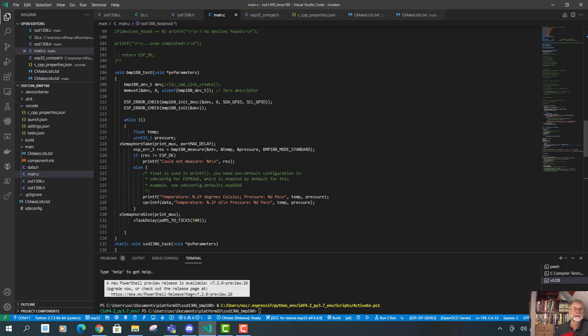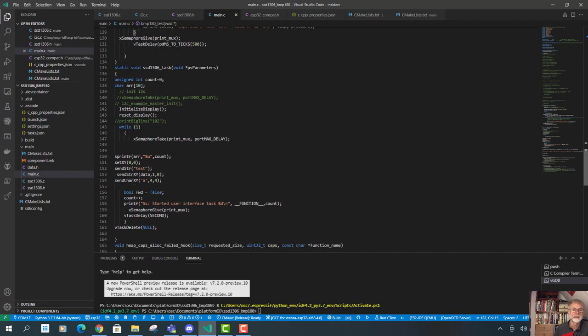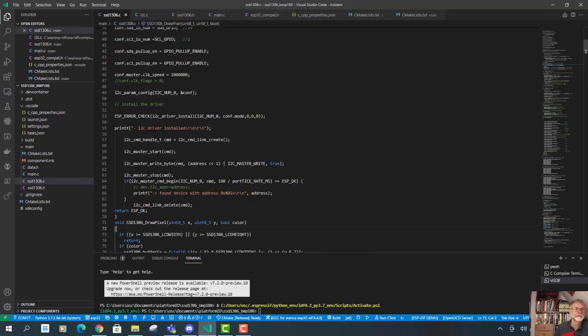It is making the invoking of the I2C using this special driver for I2C belonging to all the sensors, having the same pins here as the other one. And then I have a while here where we are measuring the temperature. So this function here is actually doing everything. And then I want to print it out on my OLED display. Therefore I have the need for using sprintf to convert these two integers to an ASCII array, and then I use the ASCII array in the other task to print out the, you can see it here. So here I send it out. So no init function call as we saw before in here, no init call here,